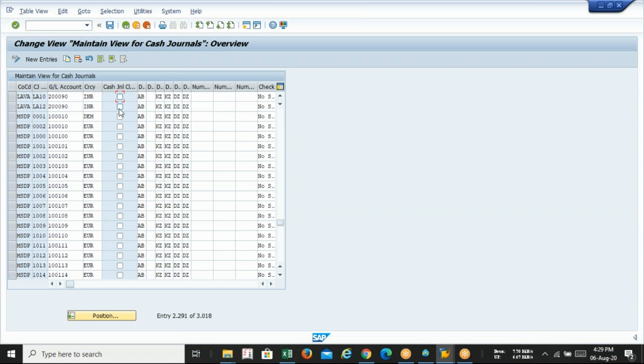Anyone having any doubt? The last configuration is there: edit, create, delete business transaction. Shall I proceed? Satya, any doubt? Niharika, Momita, you guys have any doubt? Please tell me. No, sir, nothing. Okay, fine.